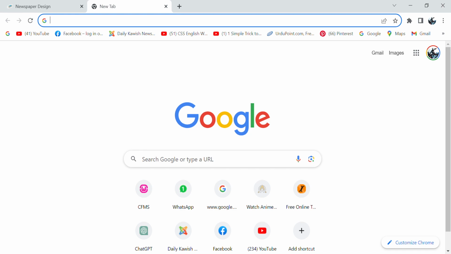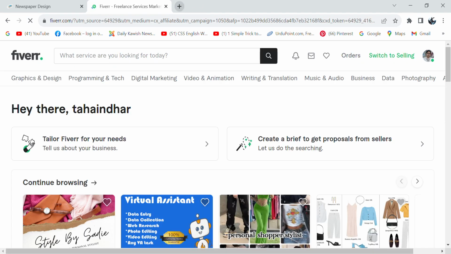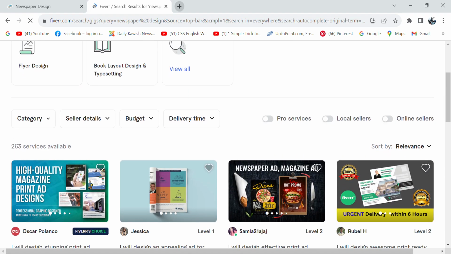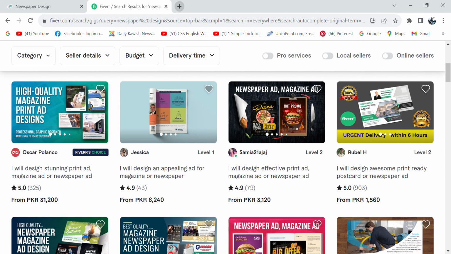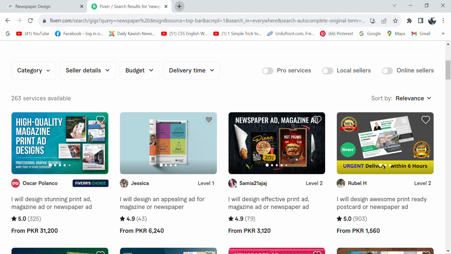So for your better information, I will let you check the per hour income of a newspaper designer. So we will search for newspaper design. Here you can see a gig whose title is I will design stunning print ad, magazine ad, or newspaper ad. He's charging 31,200. That means for a single design he charged 31,200. So you can see how much the newspaper design